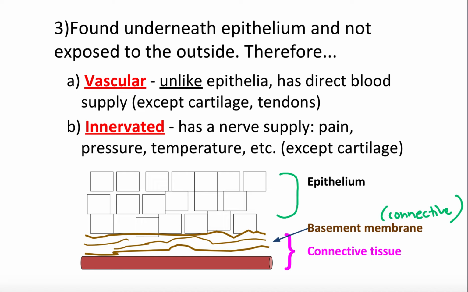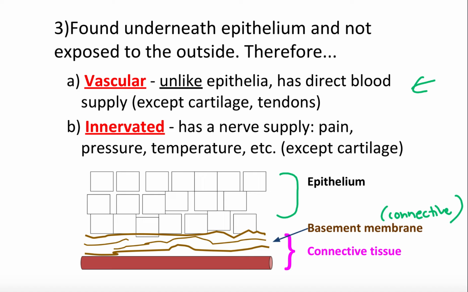And because connective tissue is not as tightly packed as epithelial, it's capable of holding lots of stuff like nerves, like blood vessels. So, therefore, because it's under the epithelial cells and because it's less densely packed, it's capable of being vascular, which is the term meaning it has a blood supply,